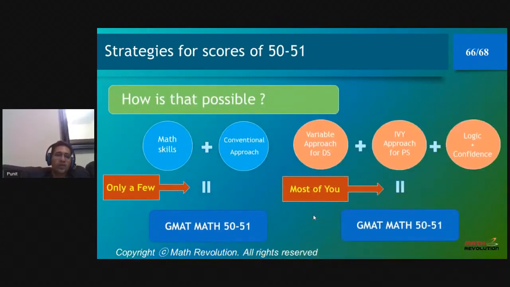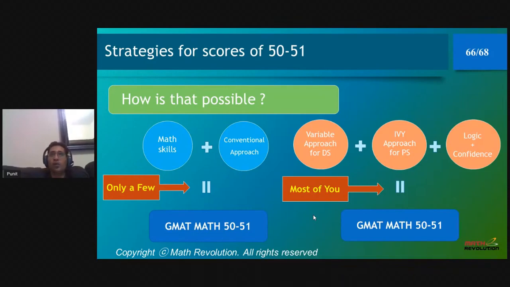Let me talk about some strategies to score 50, 51. There are a lot of conventional ways to solve questions in math because everyone learns math during high school. But GMAT won't give you that much time, and they never ask you a direct question. Some questions could be direct for the Q35-40 level, in which there would be a direct application of a concept or a formula. But every question has been well knitted to some other concepts. So there is always an application of 2 to 3 concepts, and taking an x and assuming variables and solving gets us into a lot of trouble.